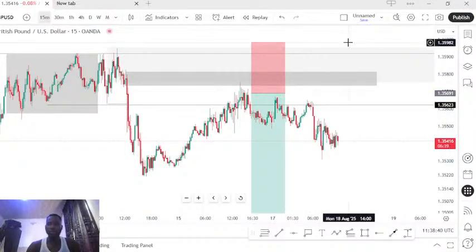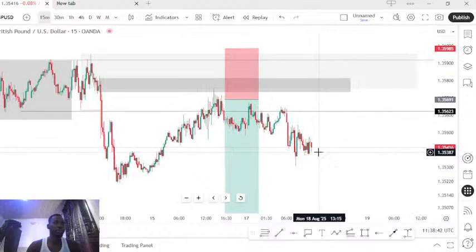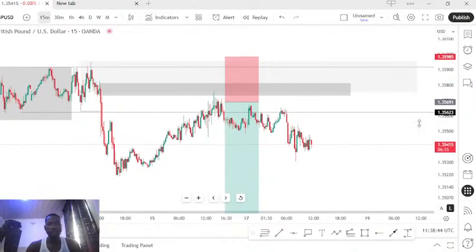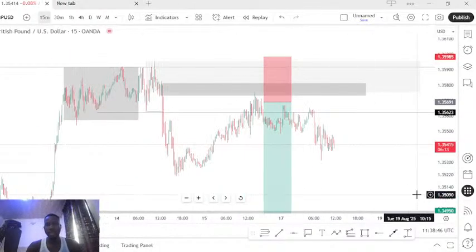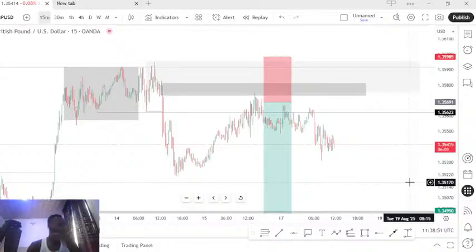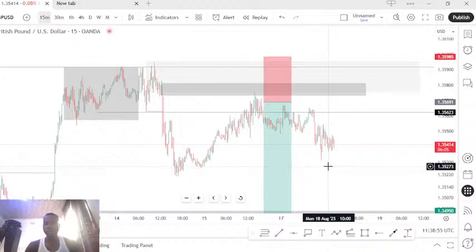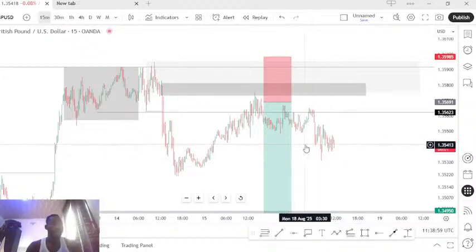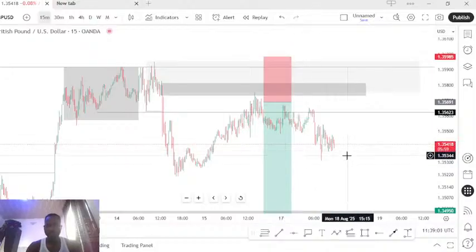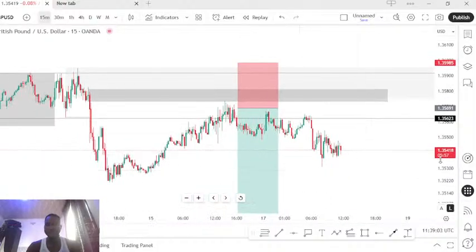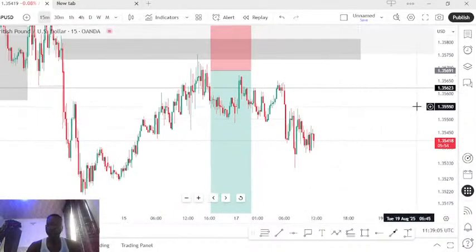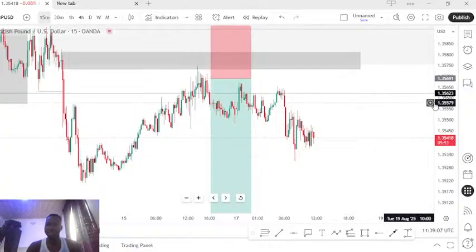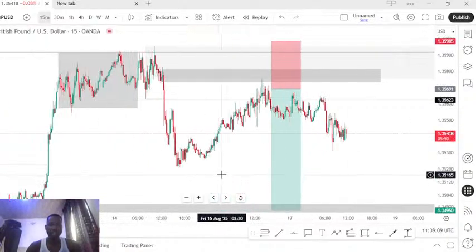Alright guys, so we did analysis on GBP USD a few days ago, and currently I'm monitoring it from my phone, and I guess we're good to go. So here's what I was seeing on GBP USD. On GBP USD, I did the analysis. I said